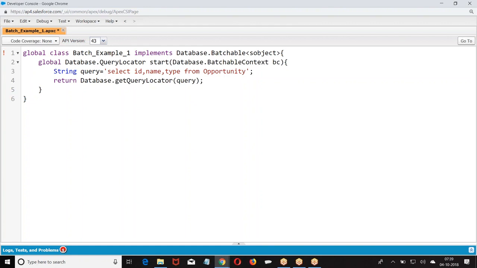This query locator will give you a cursor. Because it is a cursor, I was able to move the cursor to 1000 records one set, next 1000 another set, next 1000 another set. I was able to move forward and backward. So how do you execute? Database.getQueryLocator. Up to how many records?